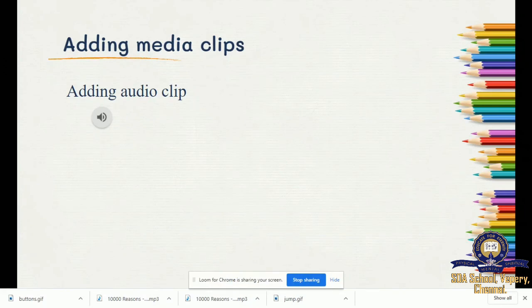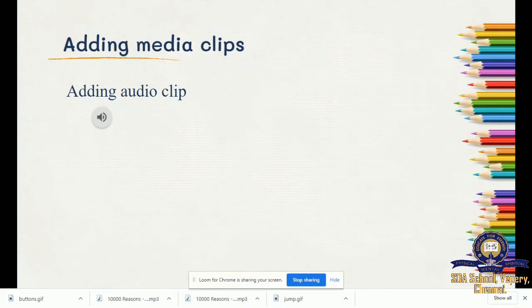So, a clip is a short segment of an audio. Media is audio and video together. A clip is a part of the media or audio. A small part, a section of the media or audio is called clips, media clips. Both sound clips and video clips together are called media clips.